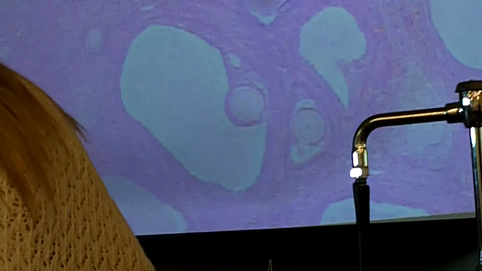So, questions about finding the different types of follicles? Are all these going to be aimed for high to low power, like a range? Well, for the tertiary